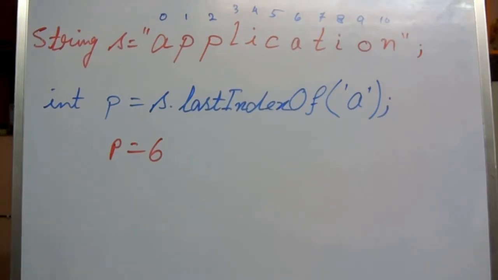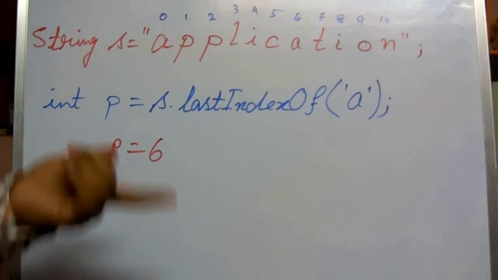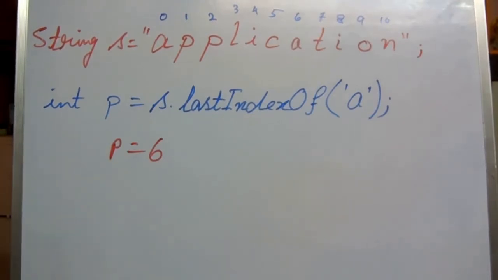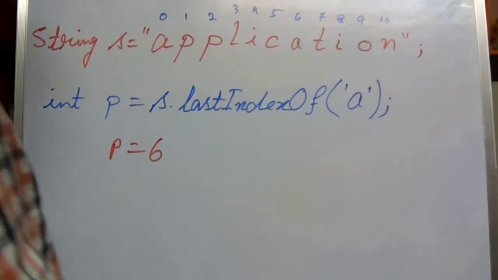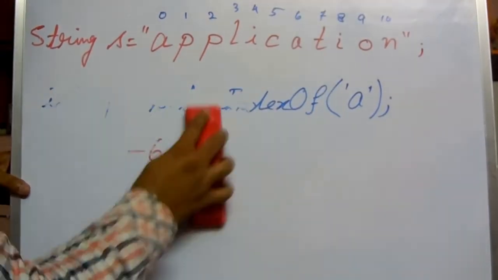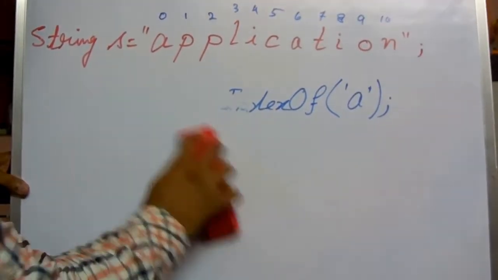If there is only one, then with either indexOf or lastIndexOf we can extract the same one. But if there are 2 characters present, with indexOf we can find the index of the first character, and using lastIndexOf we can return the index of the last occurrence, but in the middle we cannot find the index value. Got it? So these are the indexOf methods.